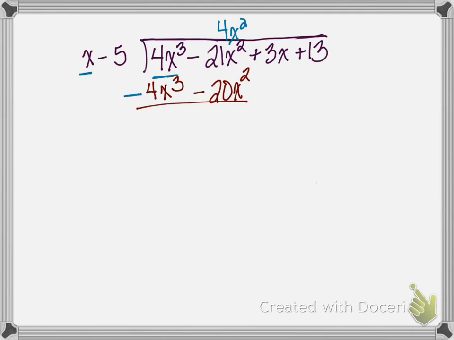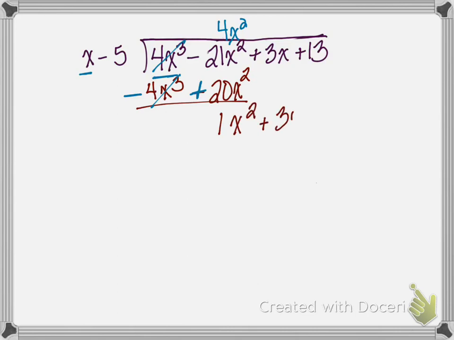So we are subtracting 4x to the third minus 4x to the third. Then we are subtracting a negative, and when we subtract a negative, we end up with a positive. Okay, so our 4x to the third and our 4x to the third cancel. Our negative 21x squared plus 20x squared gives us